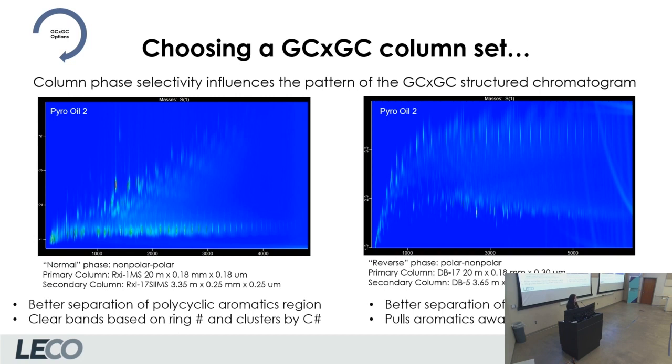And so you can see here the different column phases I used, 1 MS to a 17 in the normal phase. For this kind of reverse phase, 17 and then a 5 in the second dimension. And one thing that I found really interesting, and Genesis showed a little bit of that in her pyrolysis oils,